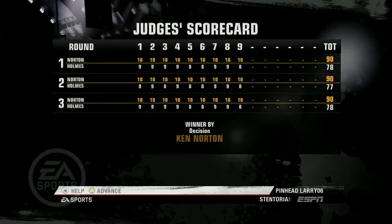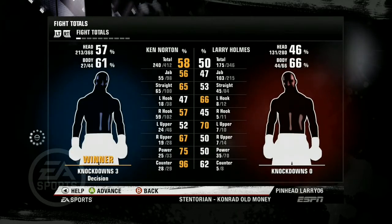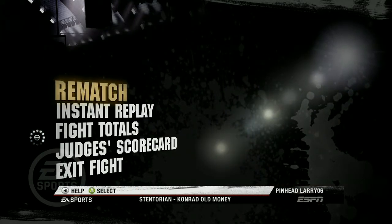This was a sure and steady effort by Norton tonight, and it earns him a unanimous decision win. Teddy, your scorecard reflects that as well. Yeah, I don't think it was ever